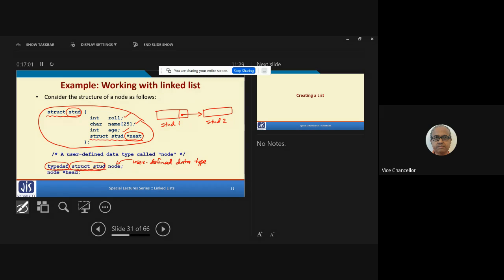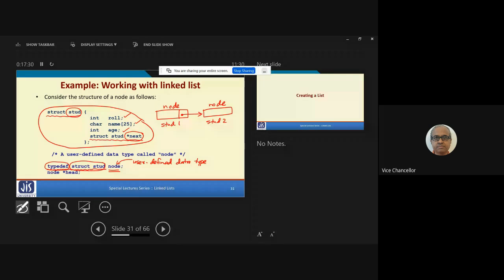So instead of writing struct stud every time, you are saying that instead of struct stud, I shall simply be calling it as node. Node is like a new user defined data type. So this is an element of type node, this is an element of type node, and so on. So if you do a typedef, your program will become a little simpler, easier to write.